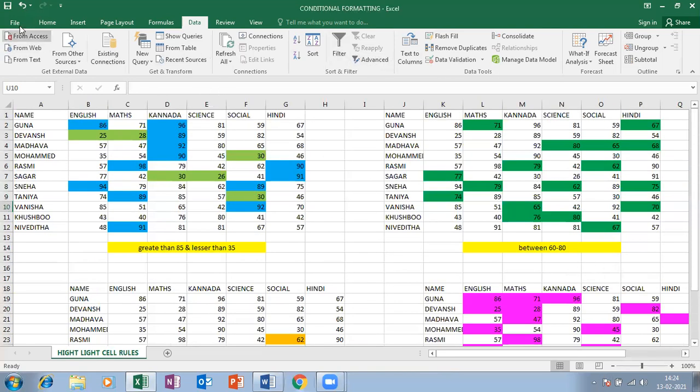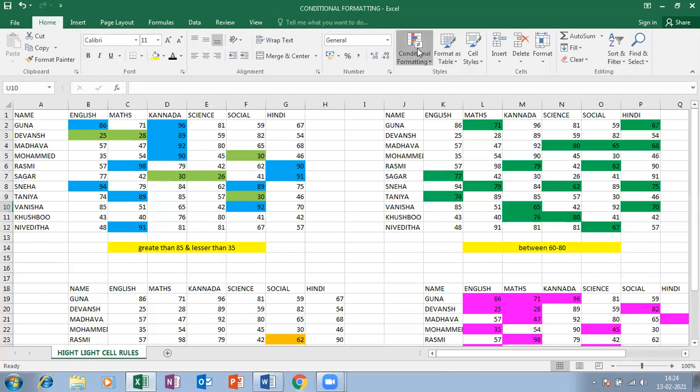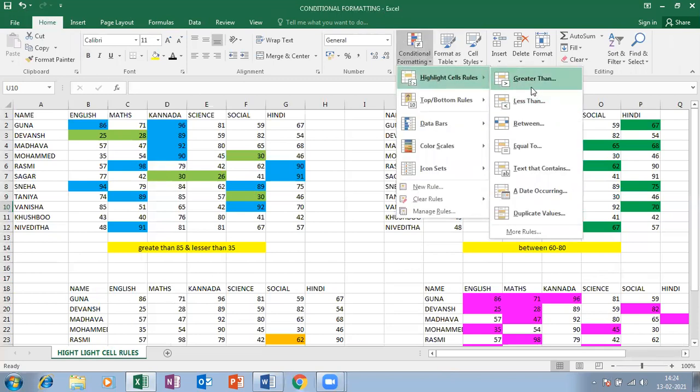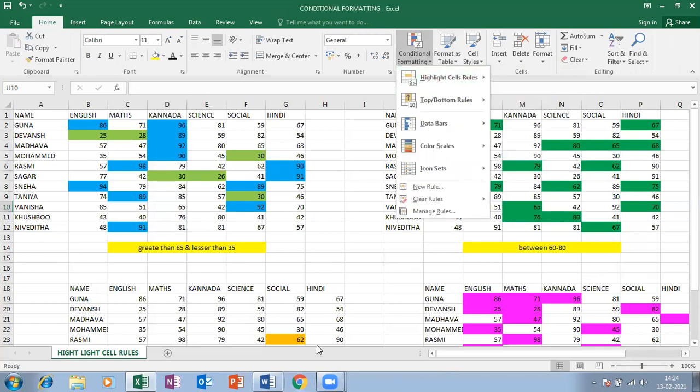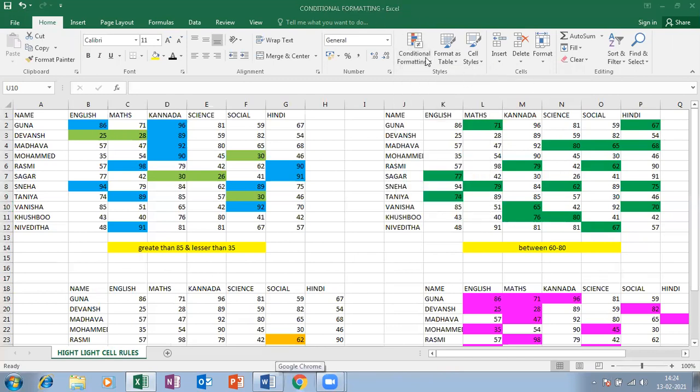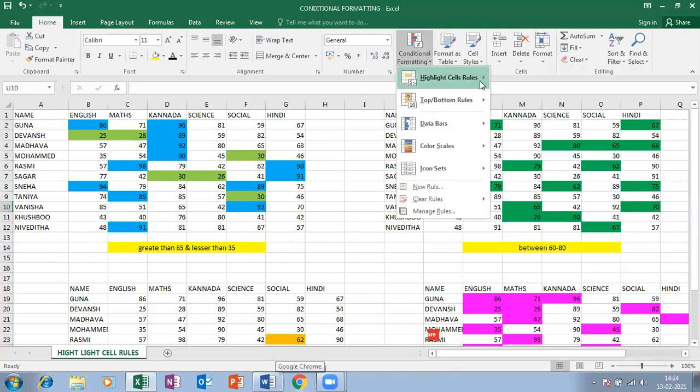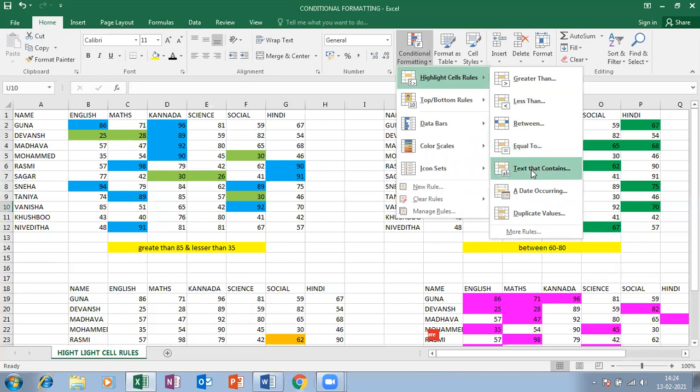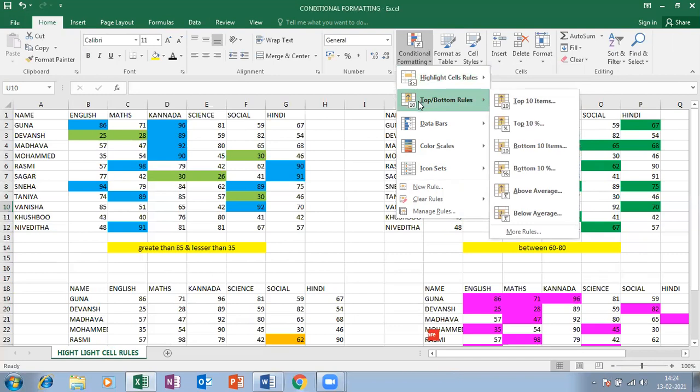So now are you clear about this entire highlight cell rules: greater than, less than, between, equal to, text that contains, dates occurring and duplicate values? Clear? So next we are going to see top and bottom rules.